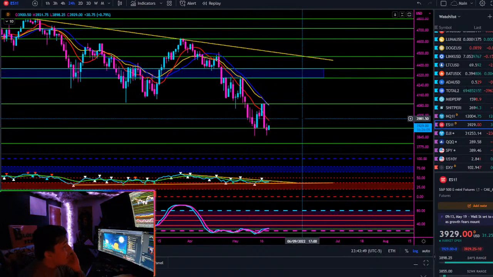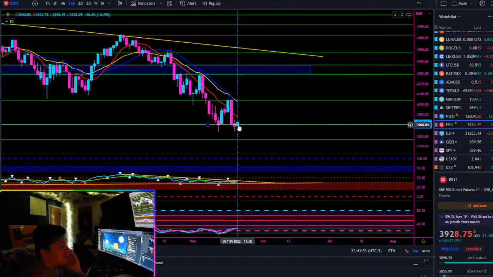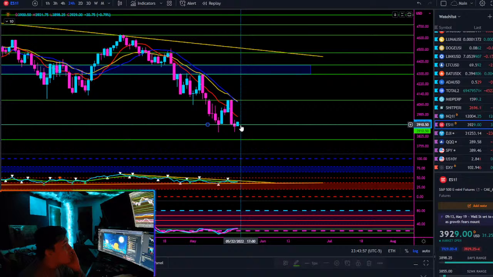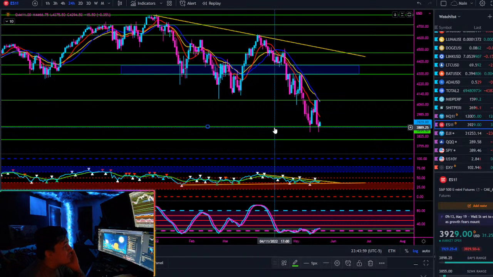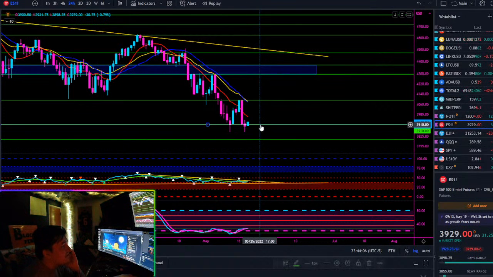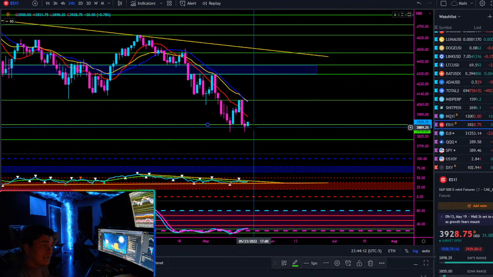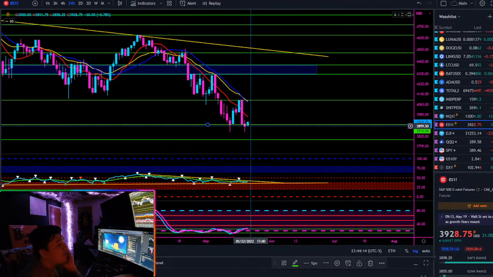SPY futures. Confirming lower lows, but still holding tentative support at the current moment in time at $3,900. Same thing. You could argue, oh, just open up the range a little bit. It's very possible, but I take the signal of confirming lower lows very seriously, and we did just confirm lower lows, which to me is a classification of downside continuation, especially if we confirm this region here at 39.10